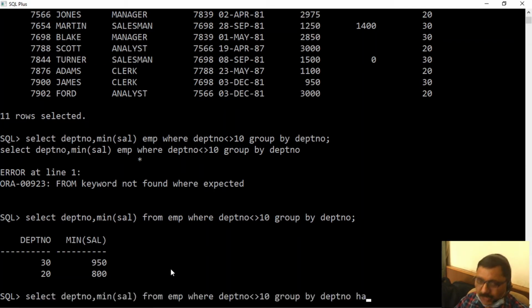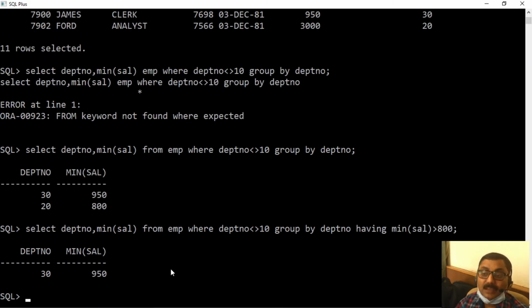I need to use having clause here. Now it is going to filter records after grouping. Having MinSal greater than 800. See, now I'm having one record only.